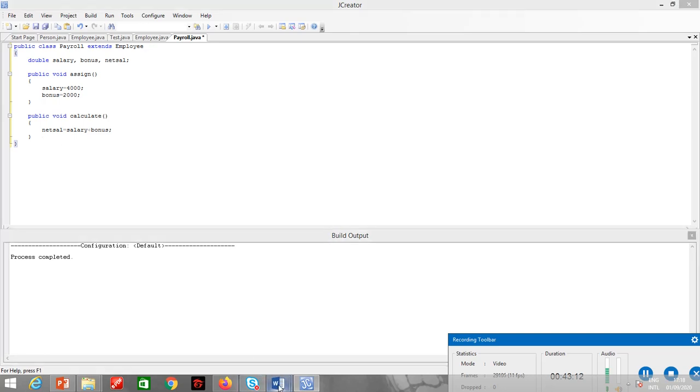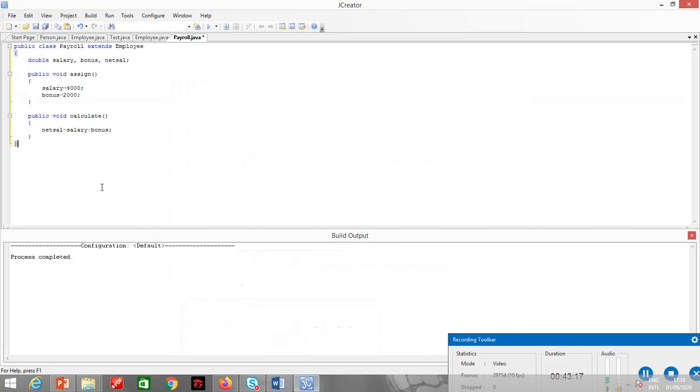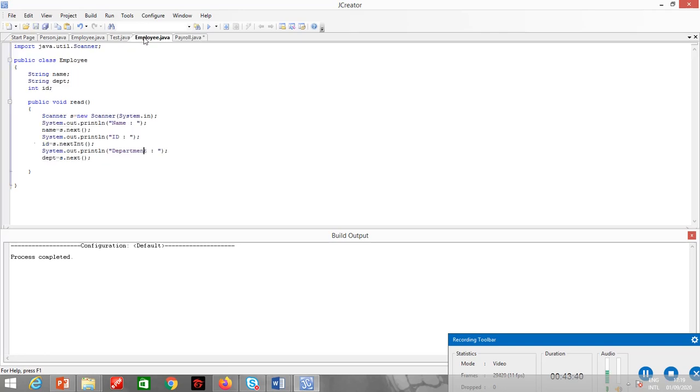So the method name, let me check the method name. Method name is print. Public void print. So I need to print System.out.println. So what were the variables in the employee class?